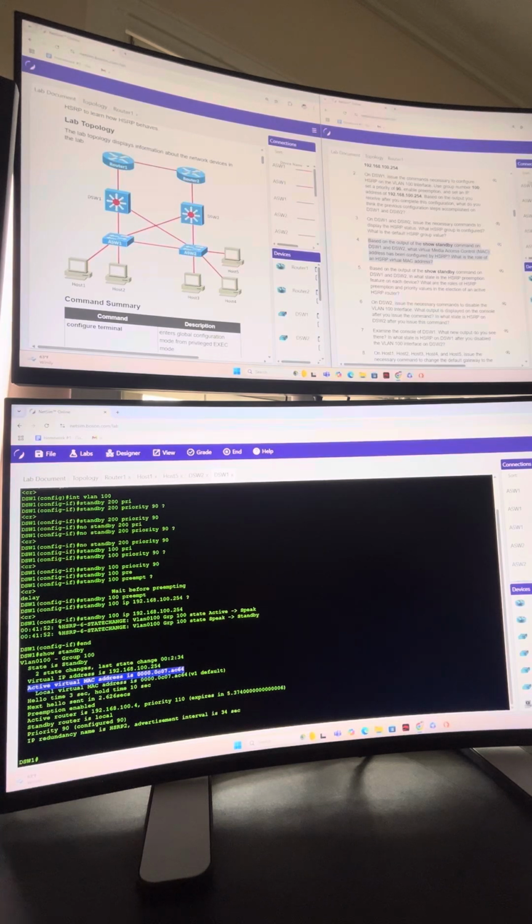And it says what is the role of the HSRP virtual MAC address, and the role of this MAC address is to respond to ARP requests. As we know, ARP is a protocol used to map layer 3 addresses to layer 2 addresses. So